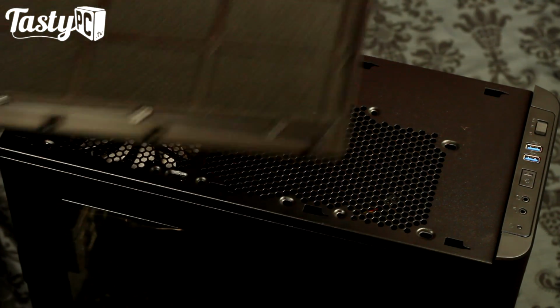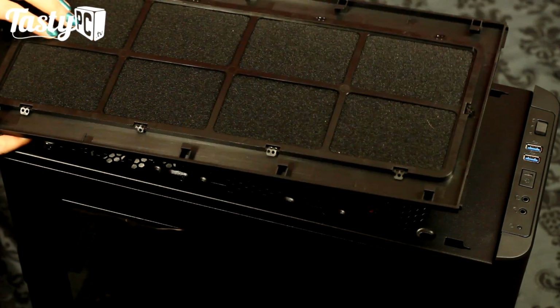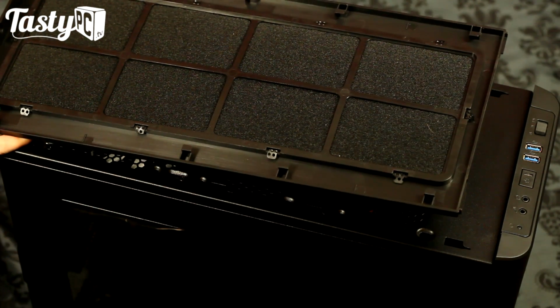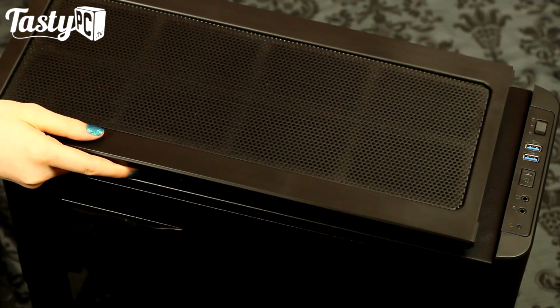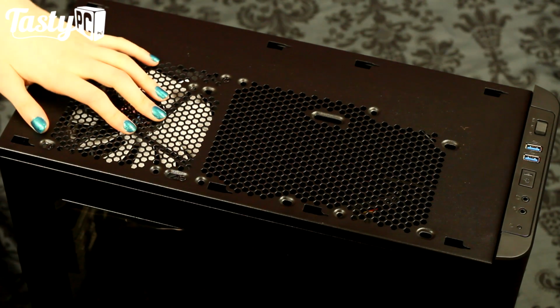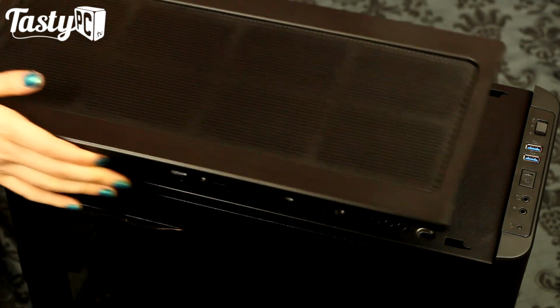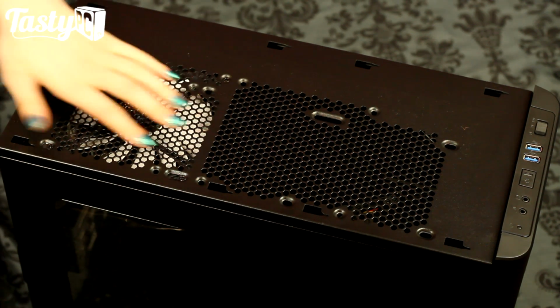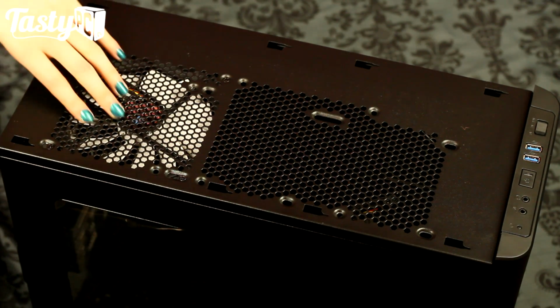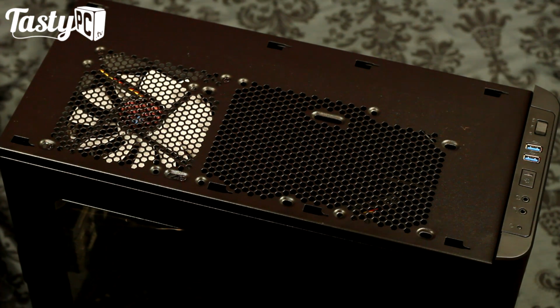And this has got the same kind of spongy, velcro-y dust filter that you've got at the front of the case. Now, I know some people don't like having a dust filter at the top of the case, and they don't like how it looks, but I personally really like it. I think having the fan mounts covered makes the case look so much better, and it also matches the front. But you do have 2 140mm fan mounts and 3 120mm fan mounts,